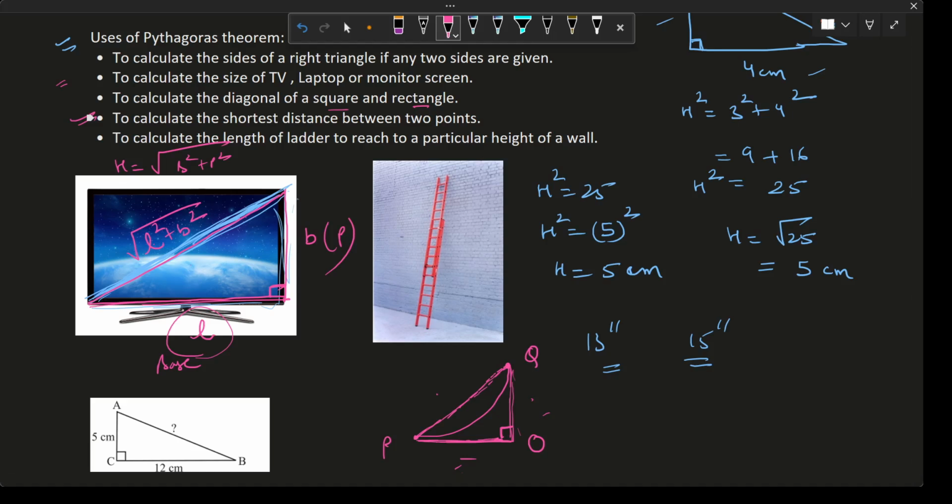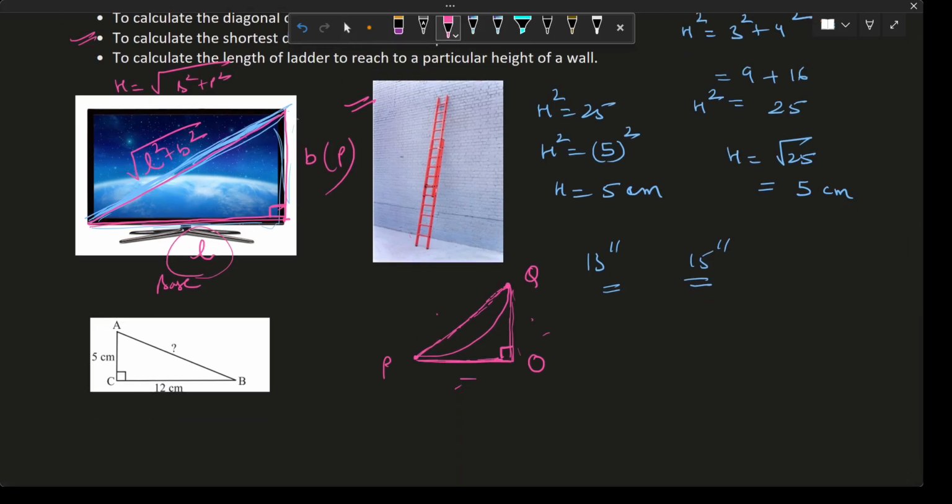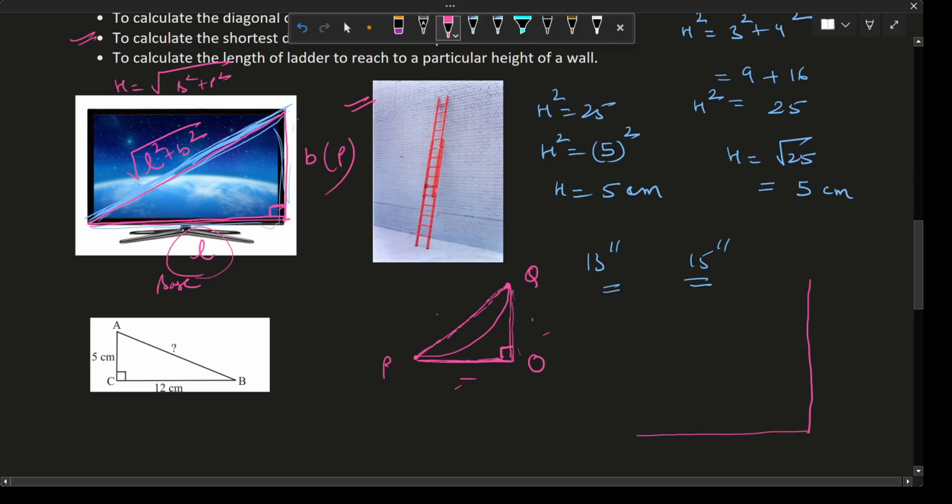Then these types of questions will come in your problems also, to calculate the length of a ladder. Let's say you have a room. You know the wall height, and you have the size of the floor also. And you need a ladder to reach this place on the wall. You can calculate the length of the ladder. You can calculate how far from the foot of the wall you will keep it. This is the foot of the wall, that's your ladder, suppose you are placing it here. So how long a ladder you need, you can calculate using your Pythagoras theorem.